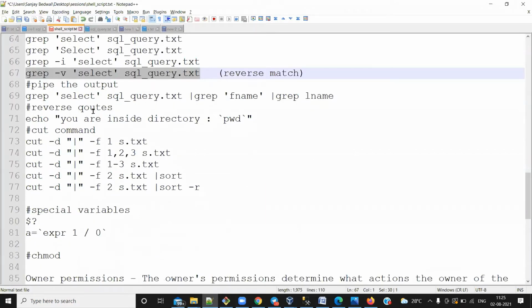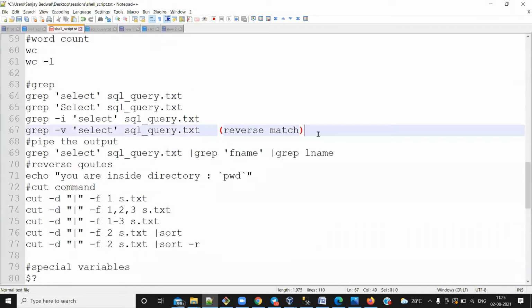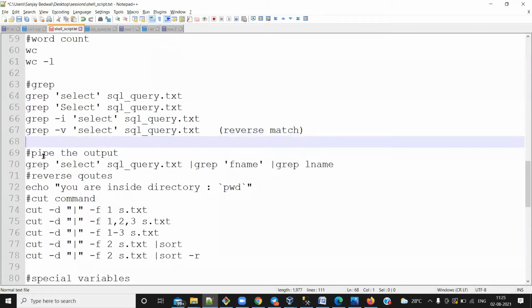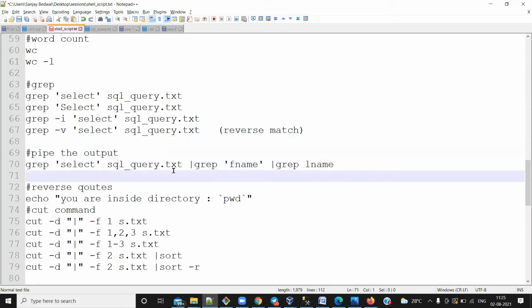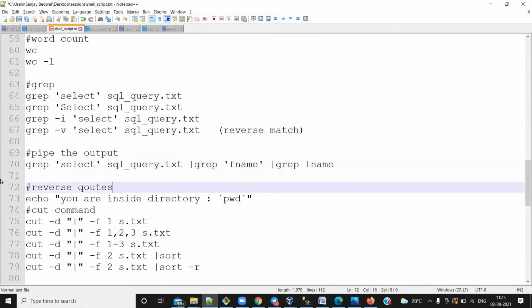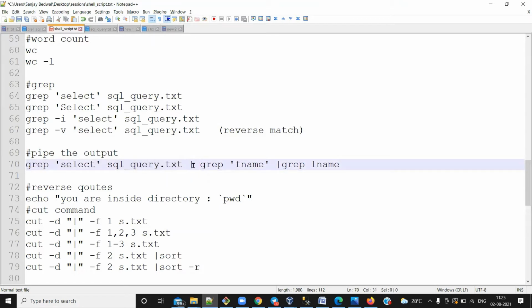Now let's go back to one of the topics, which is piping the output. If you guys know, this particular key is called a pipe key. Whenever you want to send the output of one command to another command, we have to use this pipe key.